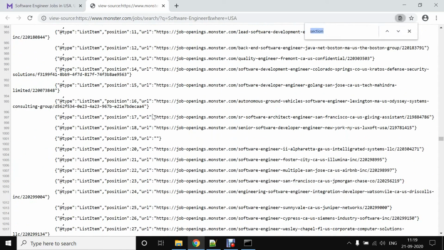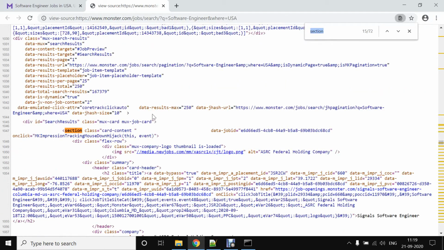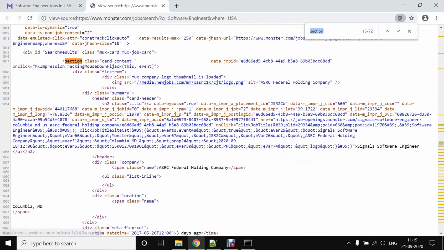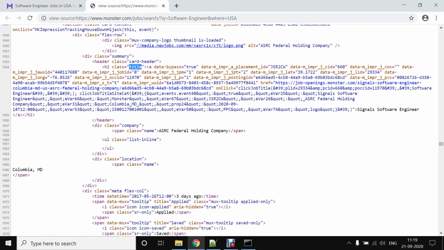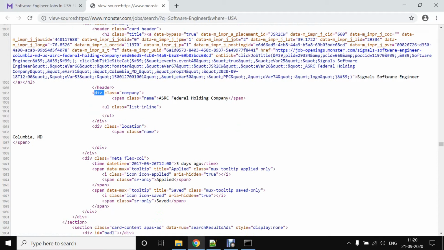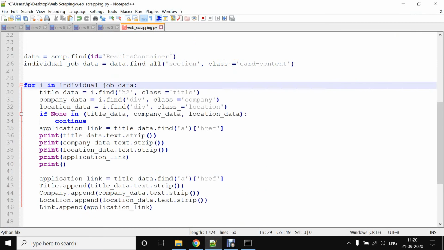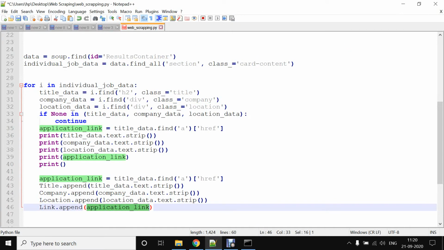Here in a summary tag we have a link, where you can directly go and apply for the job. So here is the link in the title class. We also have a div with the class name company. The things we are fetching are the title, company name, location, and the application link. Four things we are fetching right now.